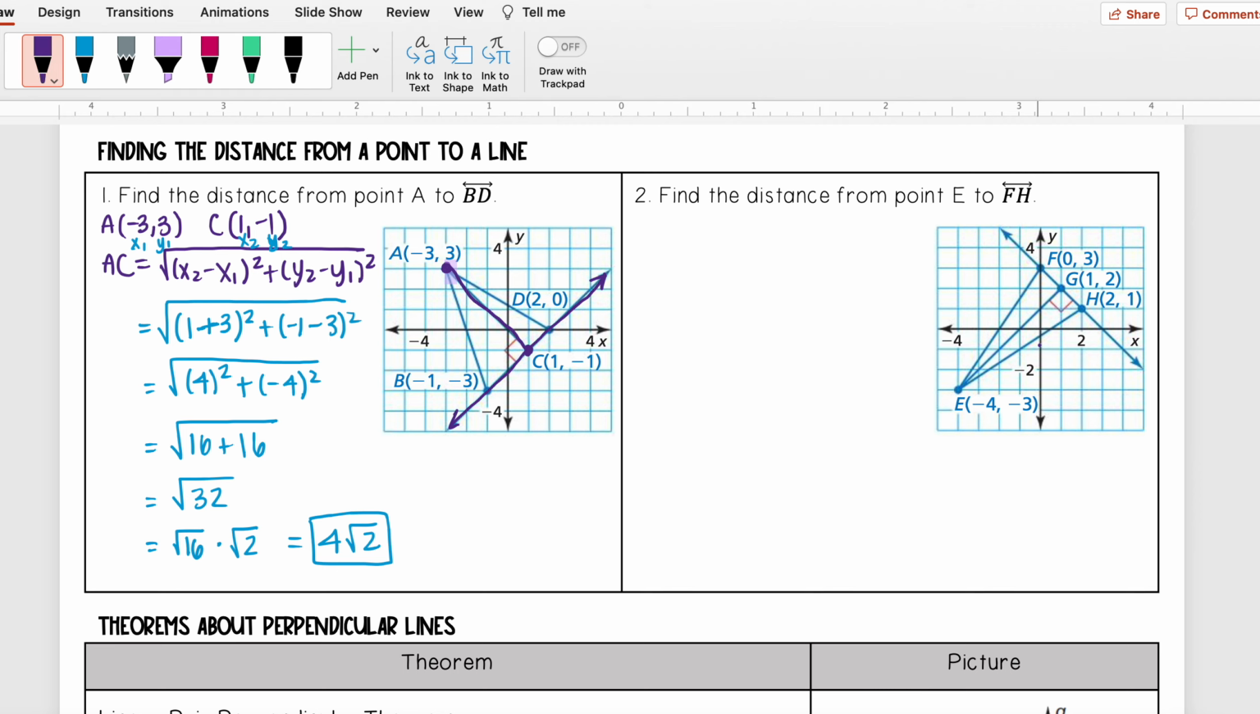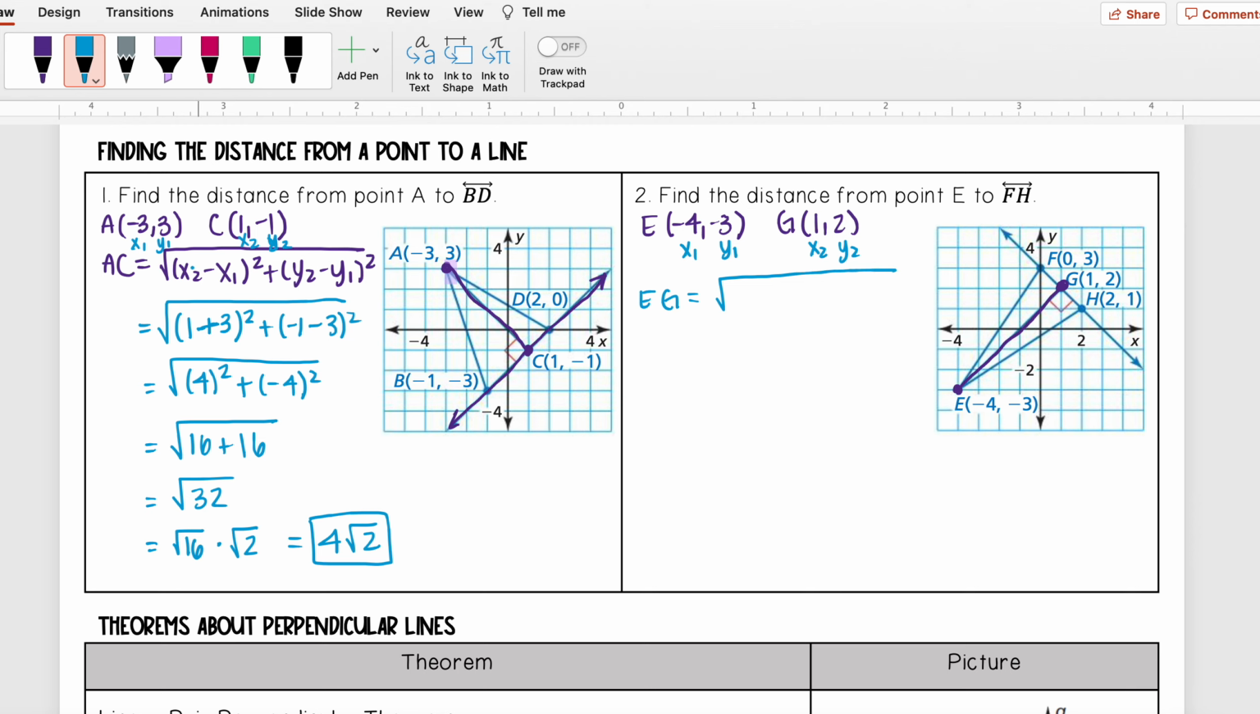Okay, let's try this second example. I want to find the distance from point E to FH, this line. I know that my distance is going to be my perpendicular segment, so that means I want to find the length of EG. E is -4, -3. G is 1, 2. Label my x1, y1, x2, y2. So that means that EG is equal to